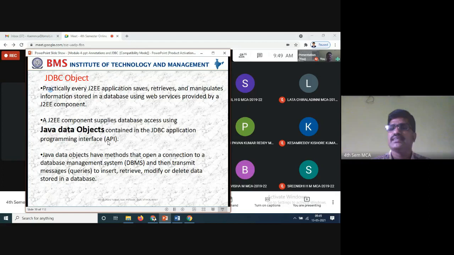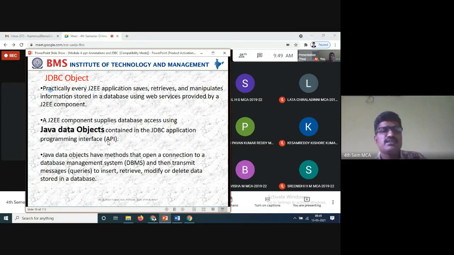Queries like, as you know, insert, delete, modify, and retrieve the information. Whatever the database, only these 4 operations we are doing, that is the maximum we can do with what is stored in the database. That is what the Java Data Objects are.